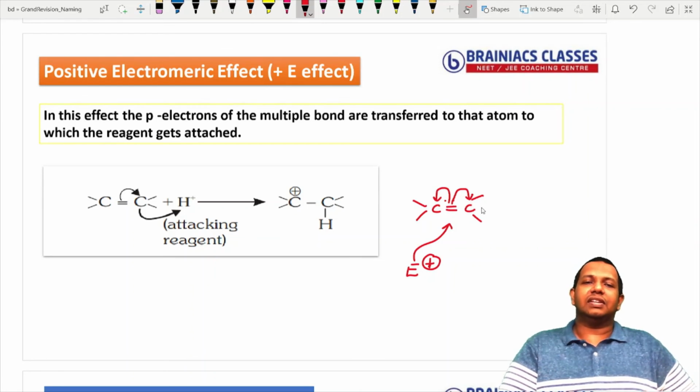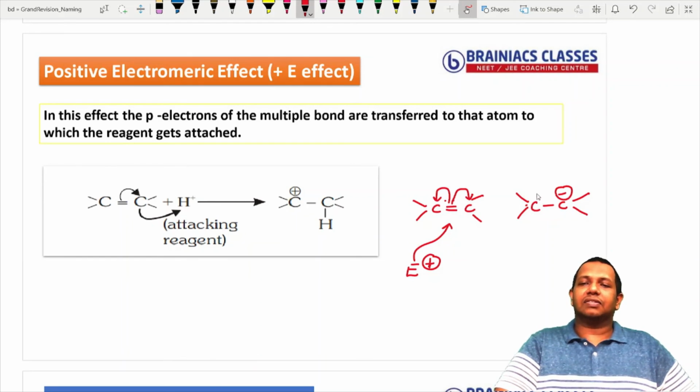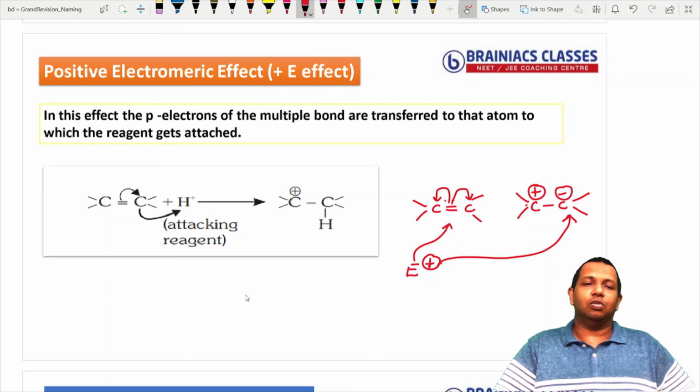So here this tendency is called this tendency. Suppose we assume it is shifting towards the right. Then what will happen? You can see here C minus will come and here C plus will come. Now tell me where the electrophile will come and attack. Electrophile will attack at the negative charge. So it will come and attack here, and you will get something like C plus and C E here E.